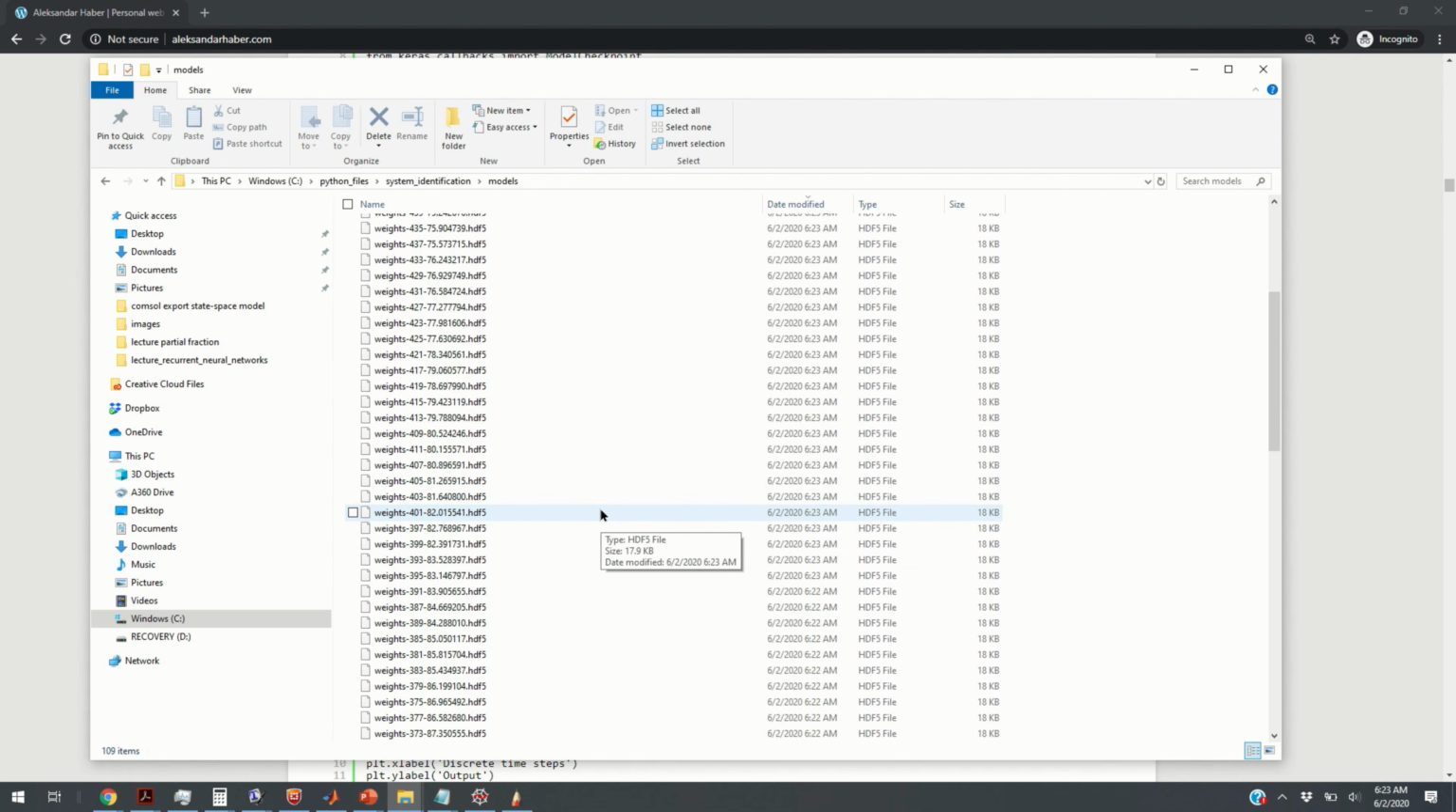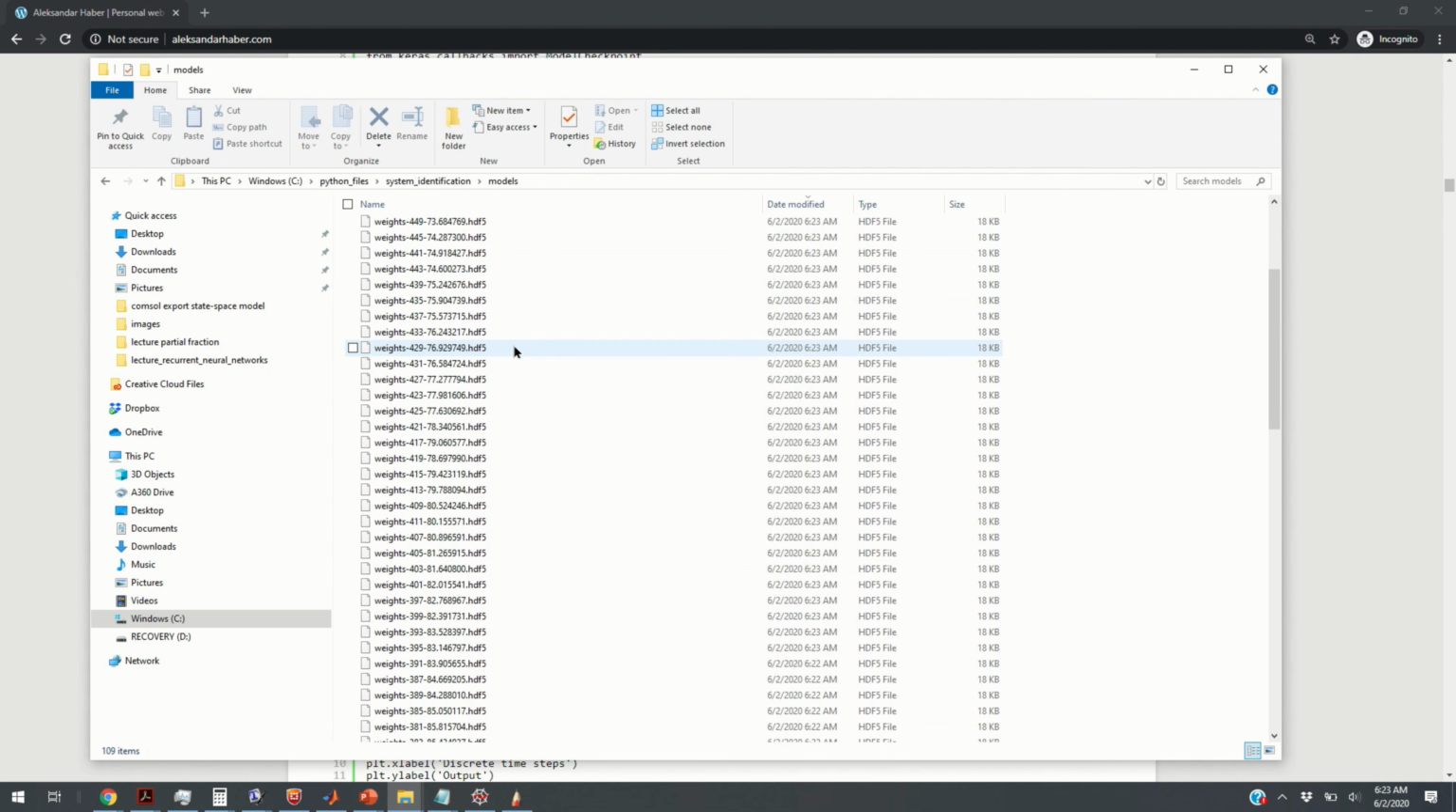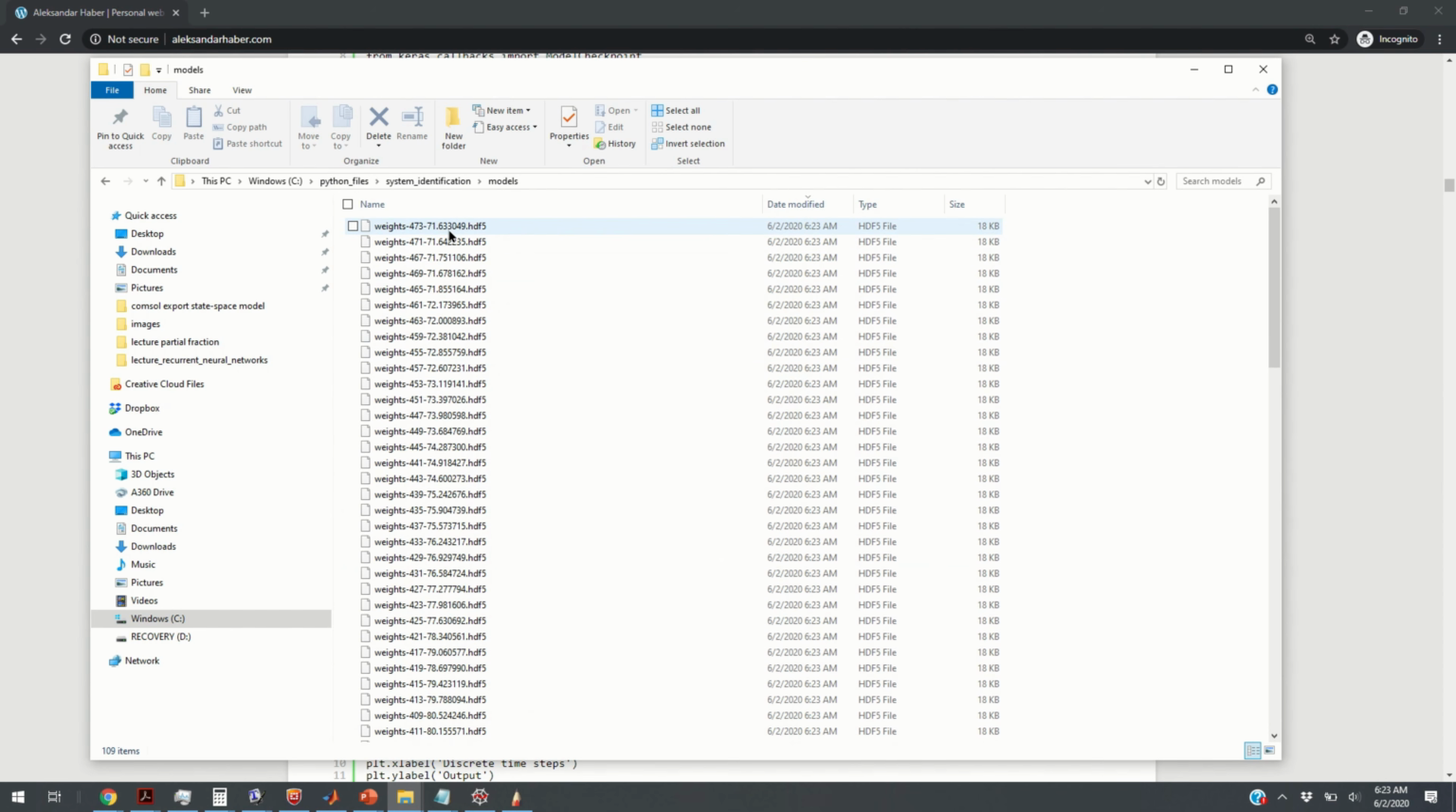Here you can see in the folder that every time instant or after some time my models are being saved. So I'm saving models on the hard disk on the basis of the validation loss. So this number in the weights file, 457, is basically the epoch number, and